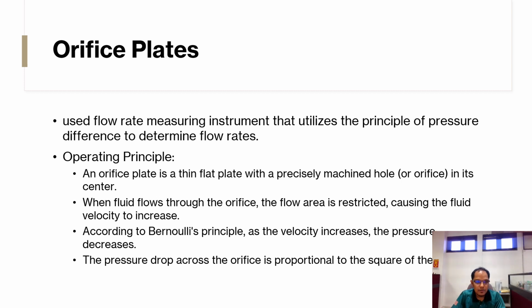So for the first instrument, we will get to know the orifice plate. We are going to deal with orifice plates, a type of measurement device used to measure flow rate, and they utilize the principle of pressure difference to determine the flow rate. Its operating principle: